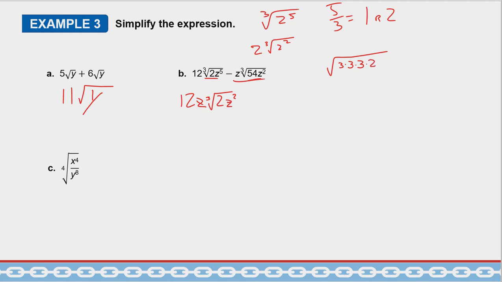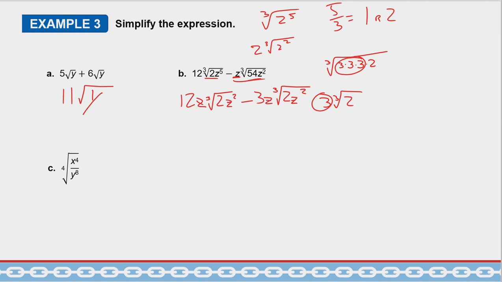So a third root here is going to be 3 cubic root of 2. And then that z squared is going to stay underneath. So this 3 times this z is 3z cubic root of 2z